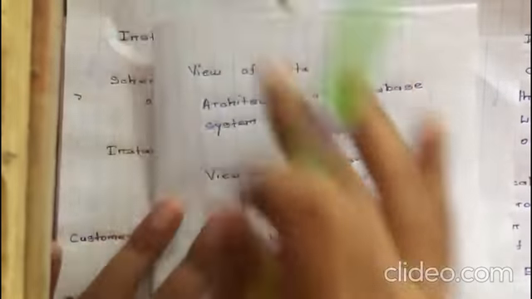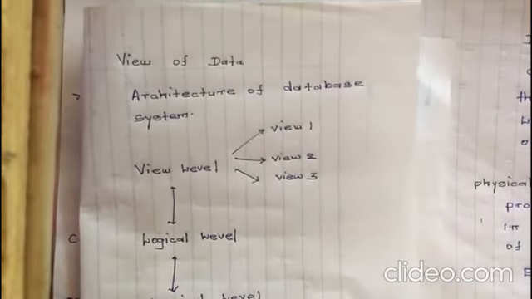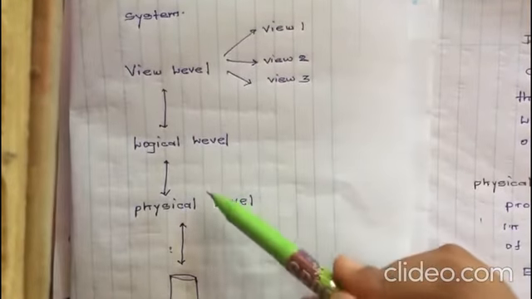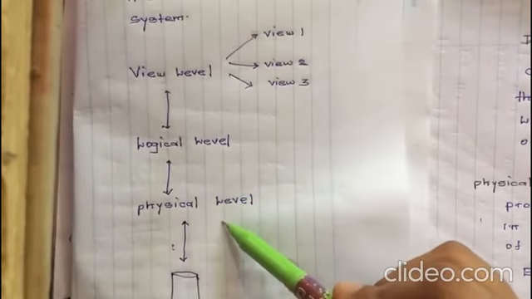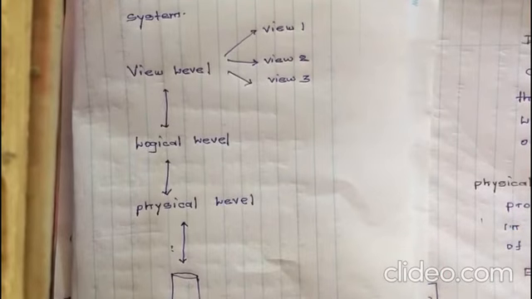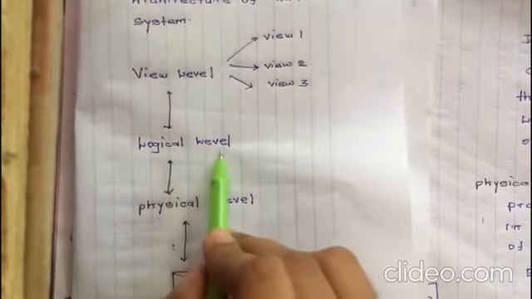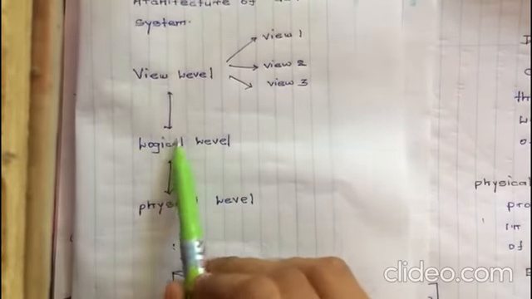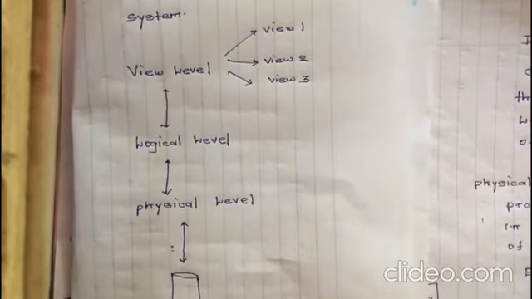And now let's move on to the view of data. There are three views. First one, physical level. The physical level shows us the part of the DB where the data exists. Then the logical level, which identifies the entities, attributes, and the relationships among them. Then the view level. As I mentioned earlier, there can be many views for security purposes and other purposes by the different applications.